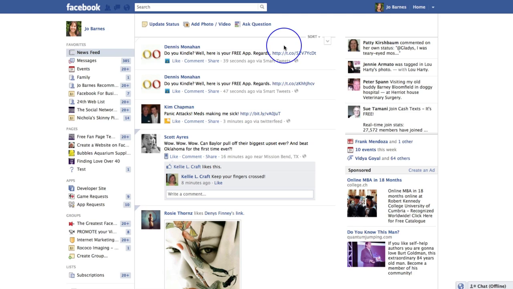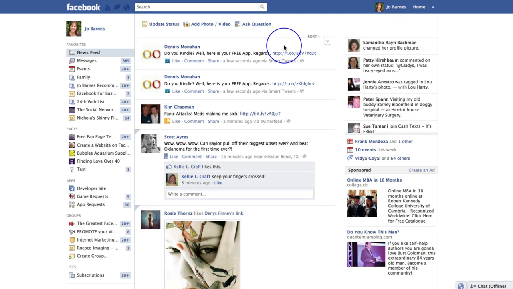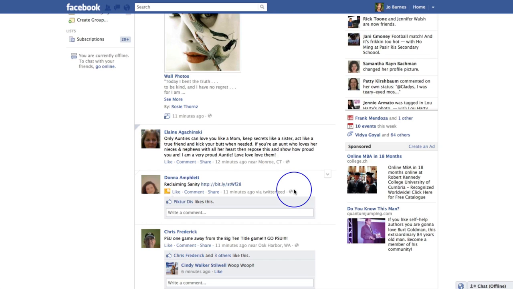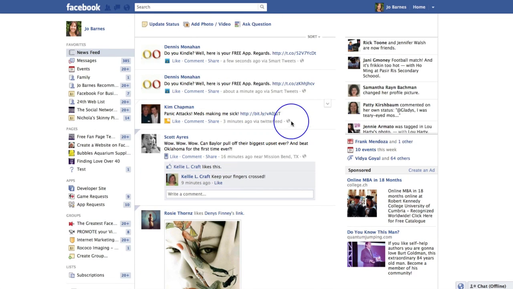So there's definitely a little bit of change afoot here. All I can tell you is that as this changes and moves and becomes a little more static, once the changes calm down a little bit, I will come in and update these videos and let you know what is going on. But right now, you have the option to sort by either highlighted stories